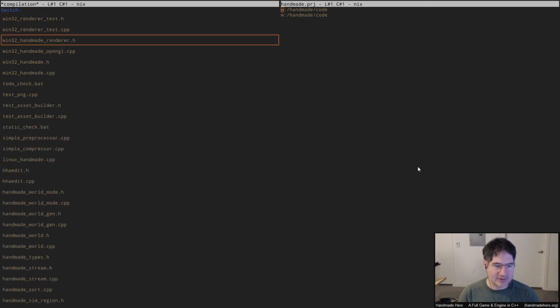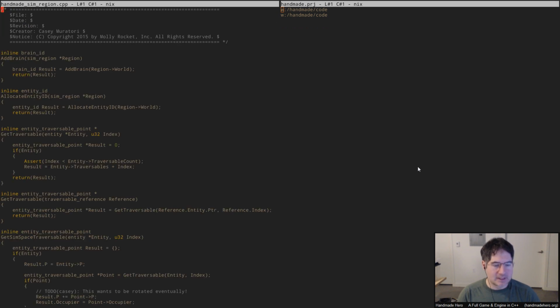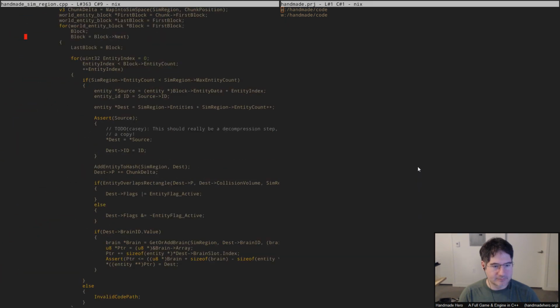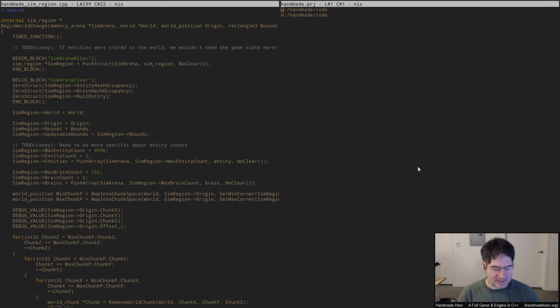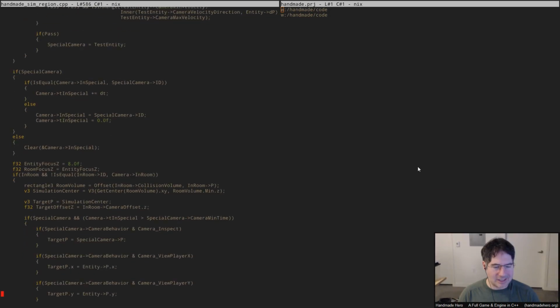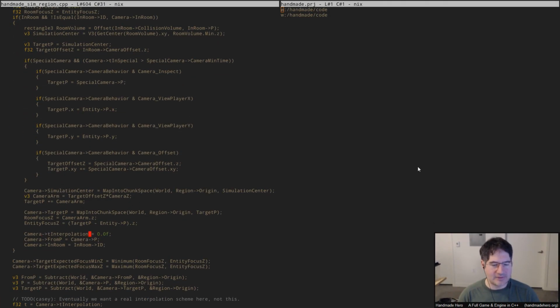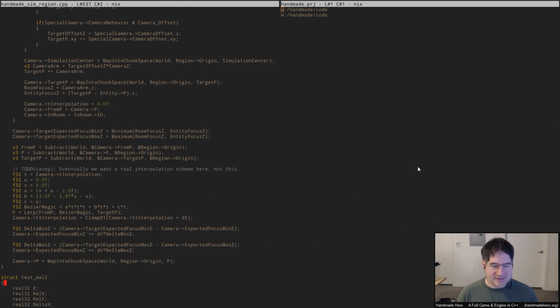But in terms of the way our camera is at the immediate moment, if we take a look here and we just say update camera for entity movement, if we wanted to say that the way that it works is it always takes a constant amount of time to switch from one room to another, in which case we have the from P to P construction, and we leave it this way, and then we can make whatever function we want here for their interpolation. If we did say that,